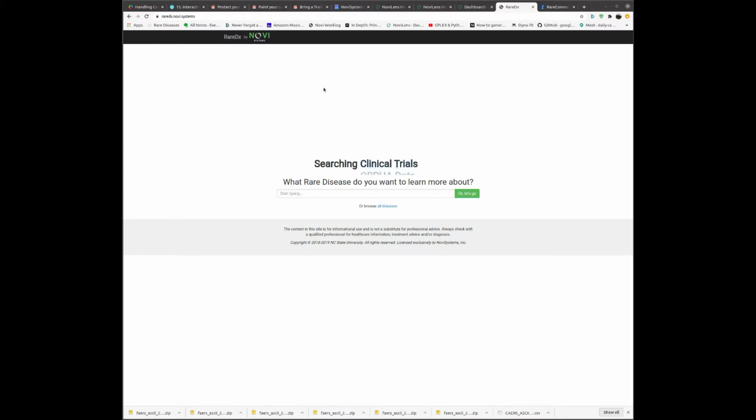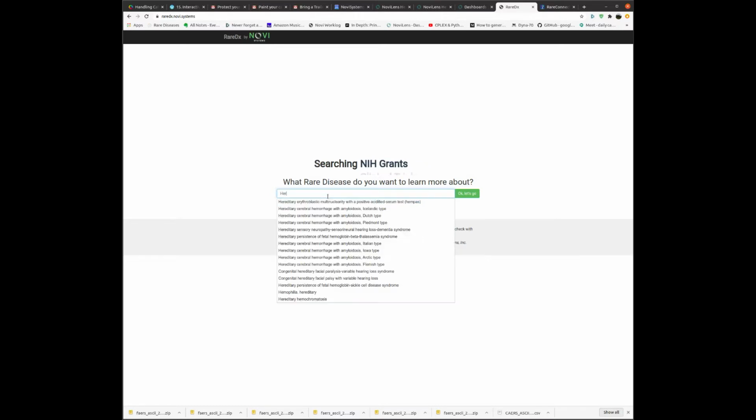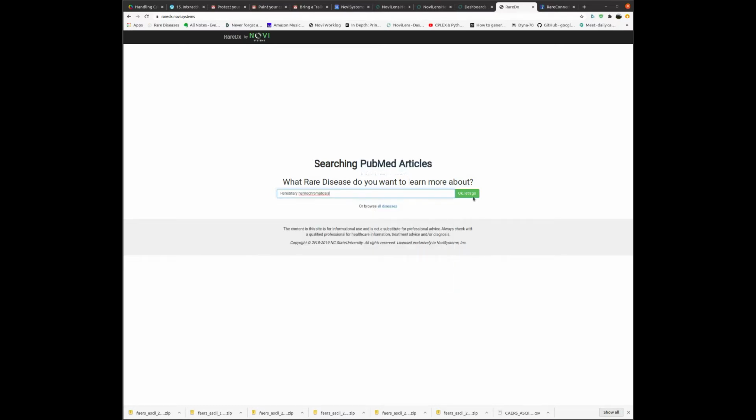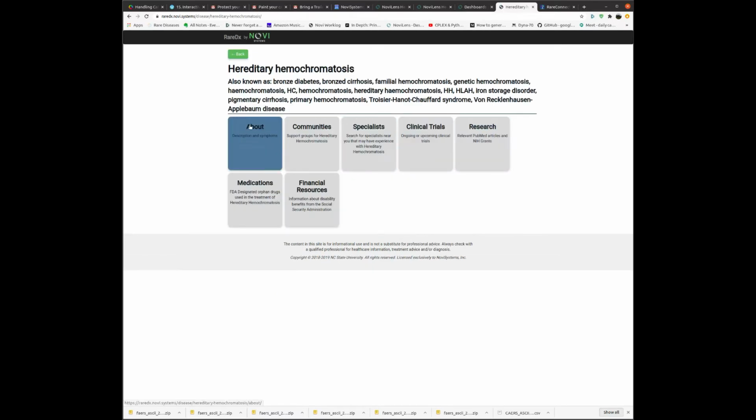Here in this website, we can start by typing in the name of the rare disease and select it. And you can see that it's broken down into a series of tiles that talks about the rare disease and the various ways that it is supported, either through communities, specialists, clinical trials, research, PubMed articles, the medications,